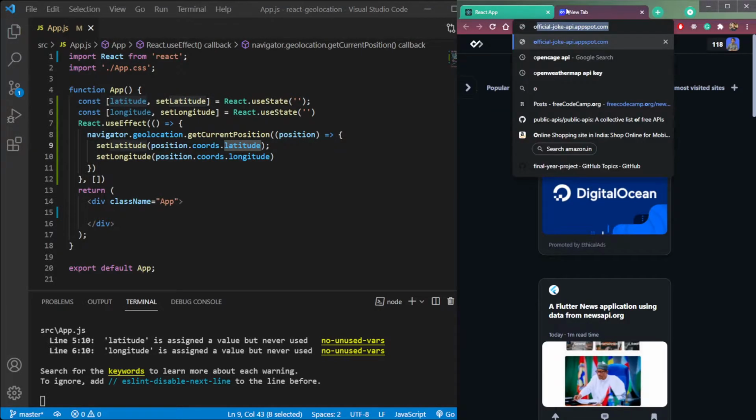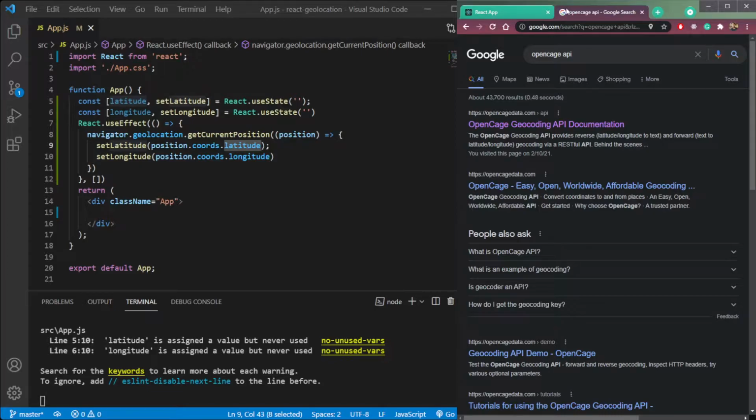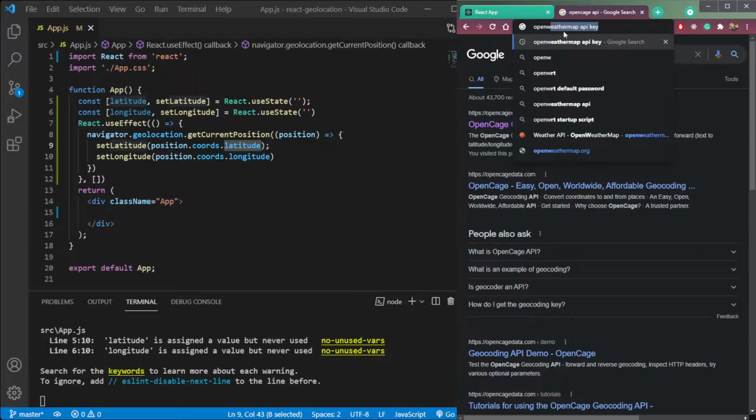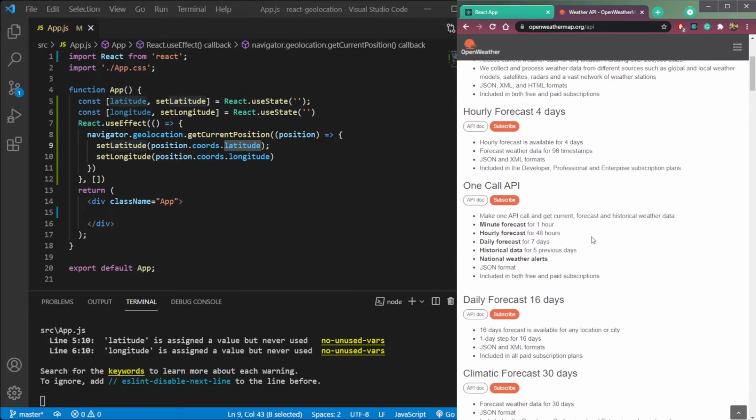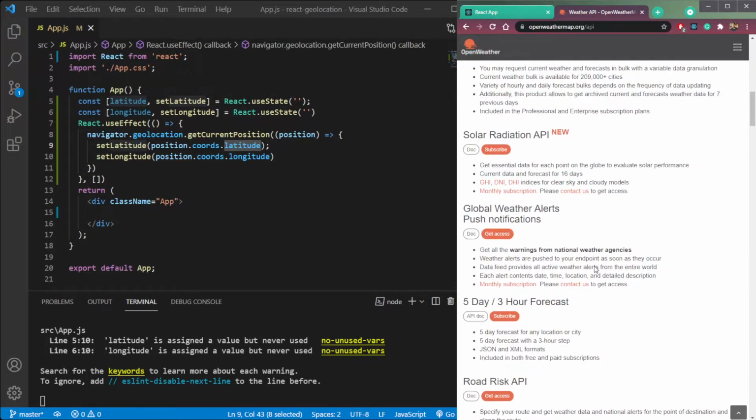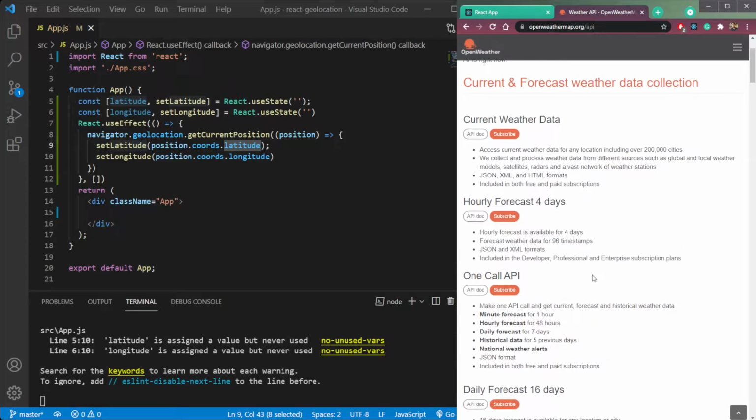So just head over to OpenWeatherMap. Not this, OpenWeatherMap. Okay, here is the API. So we can use the One Call API. So click API doc.